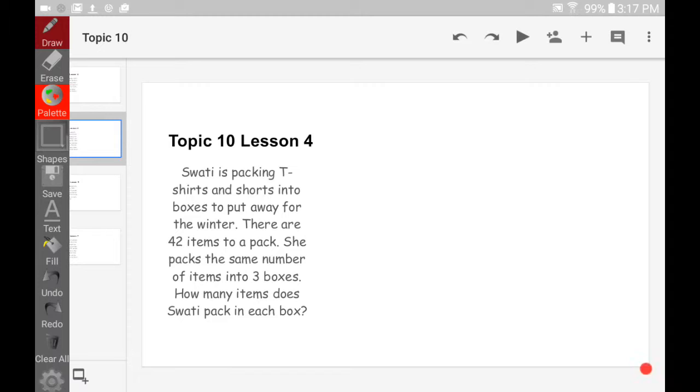So let's start with our word problem. We're going to be focused on using that Does McDonald's Sell Cheeseburgers strategy. So it says Swanee is packing t-shirts and shorts into boxes to put away for the winter. There are 42 items to pack. She packs the same number of items into 3 boxes. How many items does Swanee pack in each box? Now we know she's putting the same number into a box, and we don't know how many are going into each box. So since we have a total and we have the number of groups and we don't know how many are in each group, that tells us that we need to divide, and we are doing 42